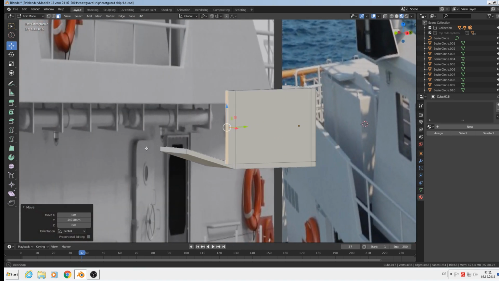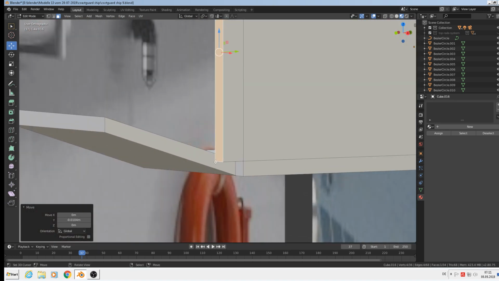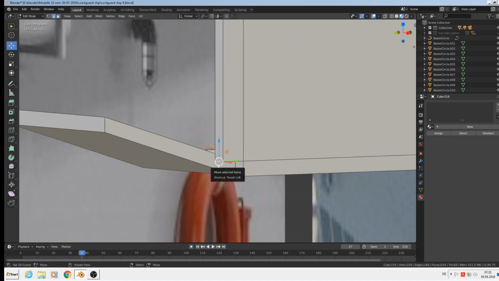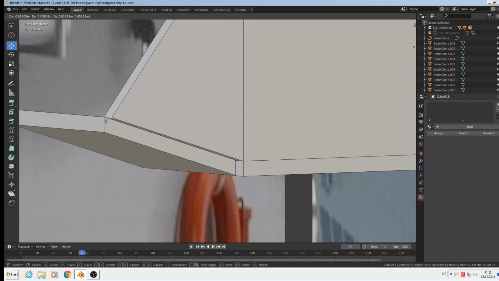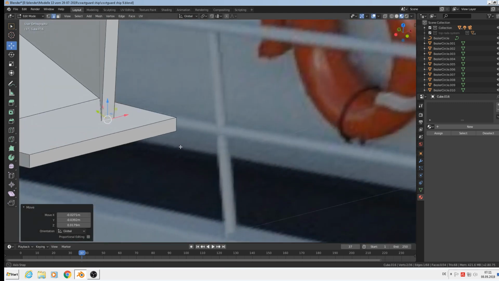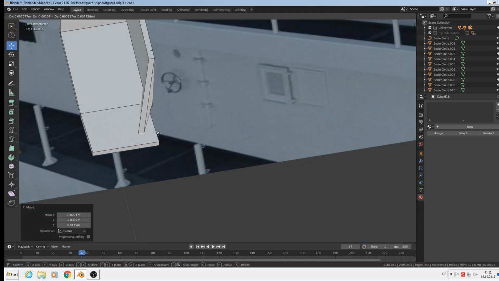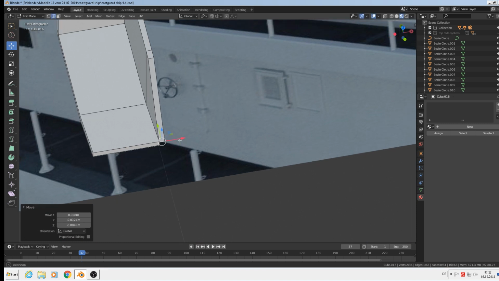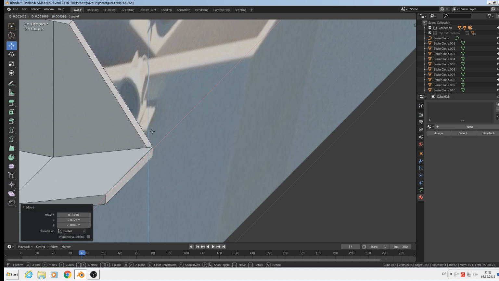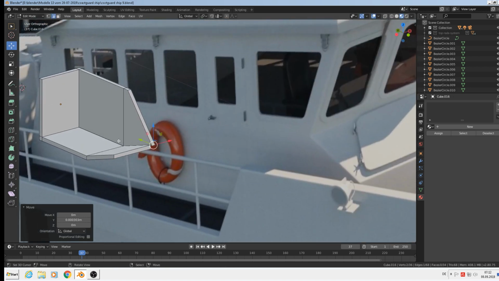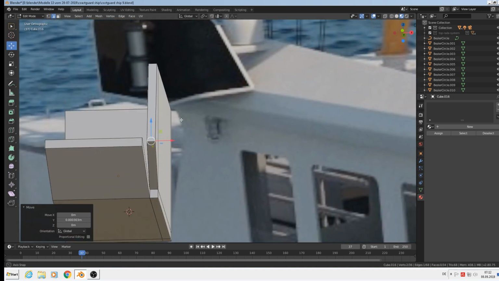So that means we take here this edge and simply bring them there. So a bit higher, a bit more to the Y, a little bit higher, and to the Y. Good. That is this